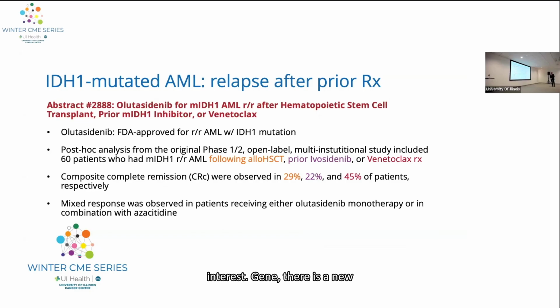Interesting, there's a new IDH1 inhibitor that was presented in abstract 2888, olutasidenib. It's currently FDA approved specifically for relapsed refractory AML with IDH1 mutation. And this was a study that looked at relapse after either hematopoietic stem cell transplant, after prior IDH1 inhibition, or after prior venetoclax use. They did a post hoc analysis from the initial study, an original phase 1/2 open label